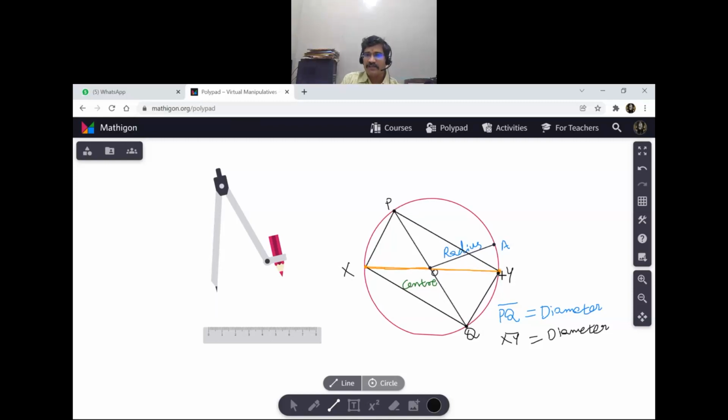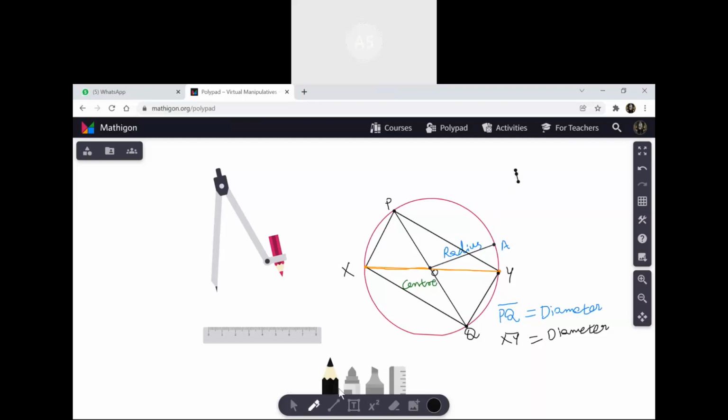Now tell me, what is that? You got it. What is it? Rectangle, sir. Is it rectangle? Yes, sir. How do you say that it is rectangle? Because there are two equal opposite sides. PX is equal. Very good. And it is a rectangle. What is the name of this rectangle? Rectangle PYQX.